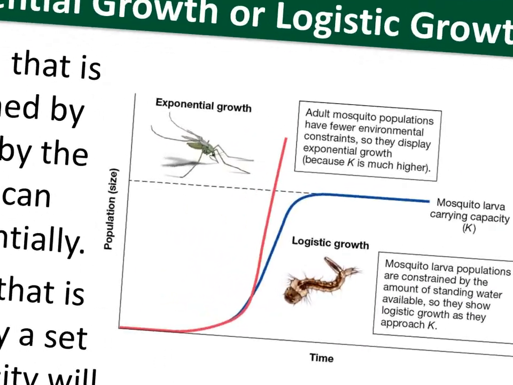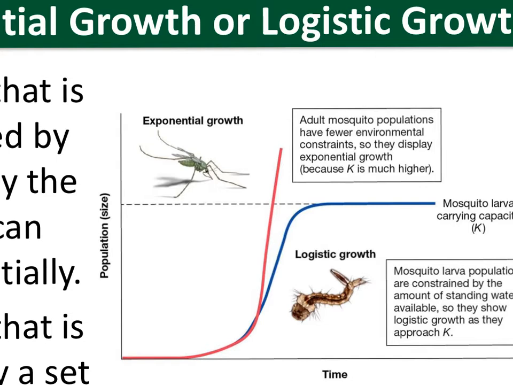So obviously, the red line is exponential growth. If there was no limit on the number of individuals, in other words, the number of individual females that could produce eggs, it would keep growing. And then, obviously, there's only so many individuals that the mosquito can bite and get blood from. Well, they can keep drinking blood over and over again.